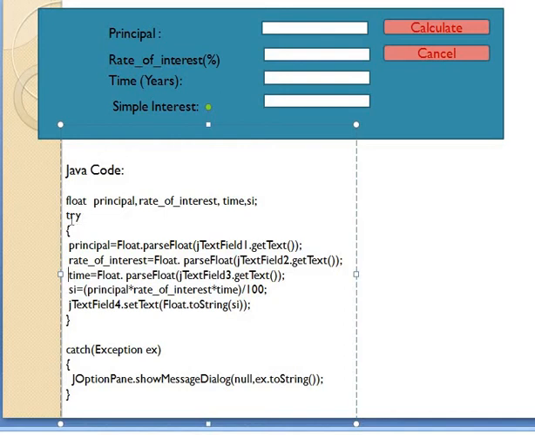Say for example, when the compiler executes the try block, and let us consider there is no error in the first line, that is principal equal to float.parseFloat jtextfield1.getText. Let's say there is no error occurring in the first line. There is no error occurring in the second line. But if there occurs any error in the third line, that is with the statement time equal to float.parseFloat jtextfield3.getText, then